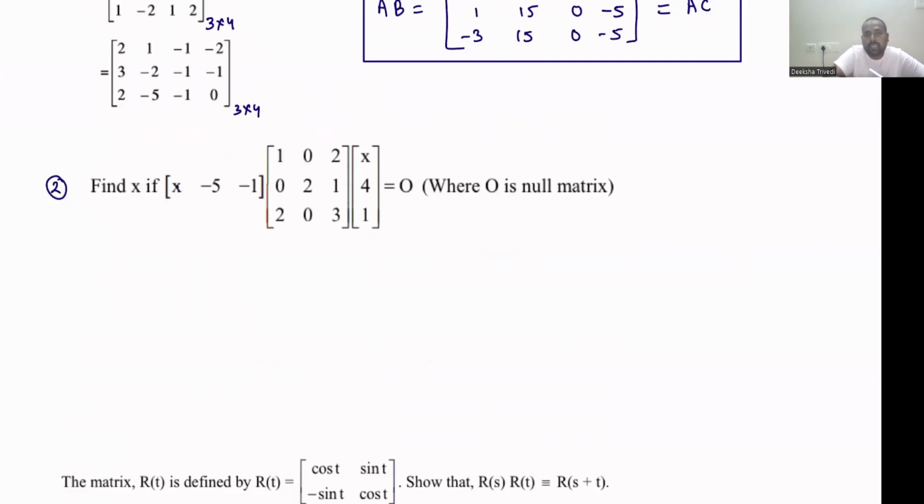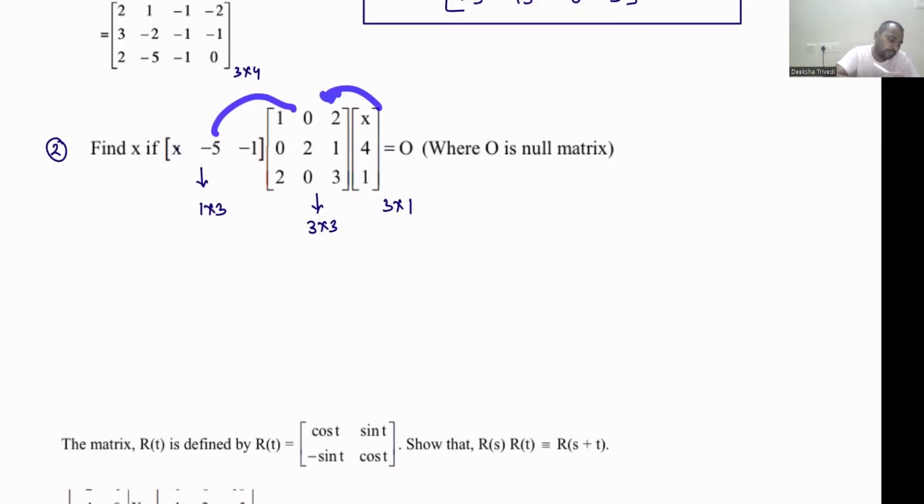So we just need to do multiplication, no? The first matrix has order 1 cross 3, this matrix has order 3 cross 3, and this matrix has order 3 cross 1. So we just need to multiply. Here we have ABC. Either we multiply BC, then A has pre-multiplication, or we multiply AB, then C has post-multiplication. The choice is on your side. Correct? So tell me,